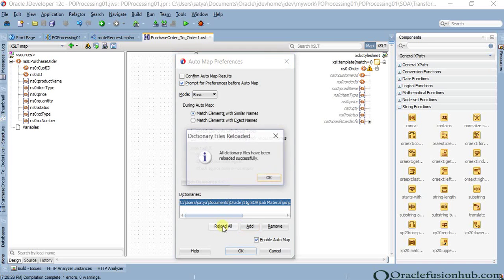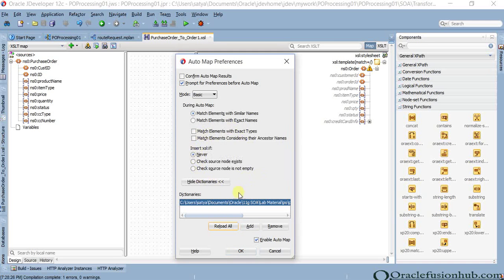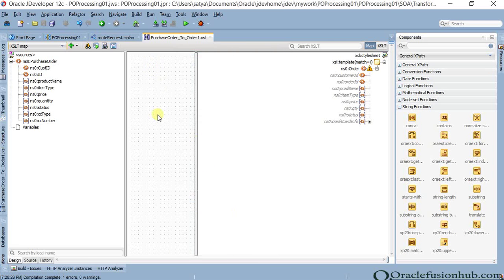And now you have to click OK. Somehow in 12c the dictionary is not automatically populated, so we will see to it later, but right now you can actually do a manual transformation, which is